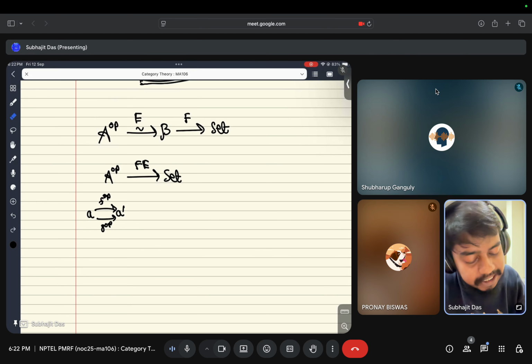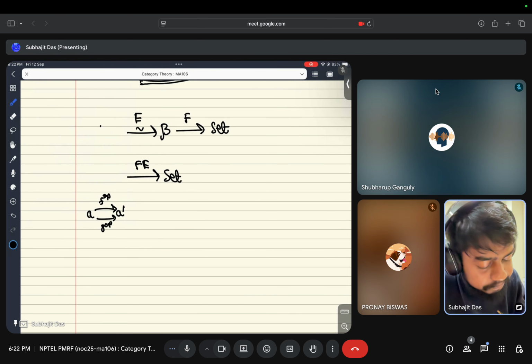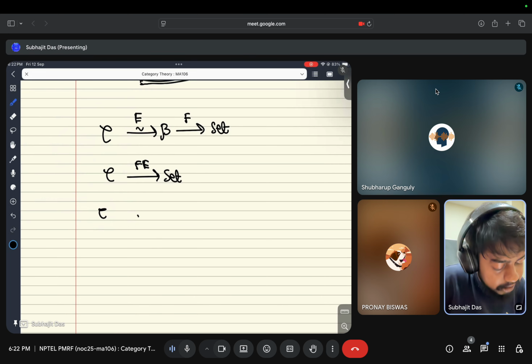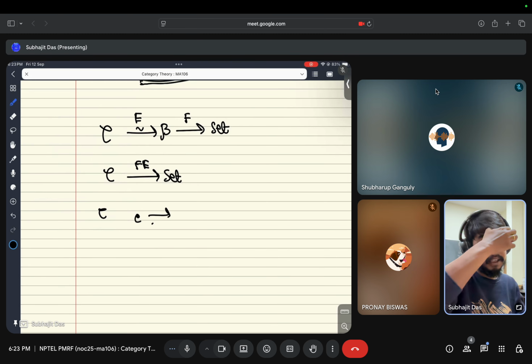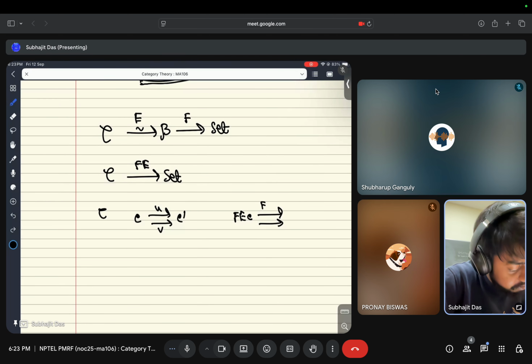Let's just call A op, just to simplify notation, let's say, C. So take some C and take arrows C to C prime, let's say U, V in C, and assume that this FEC, FEU and FEV, FEC prime,